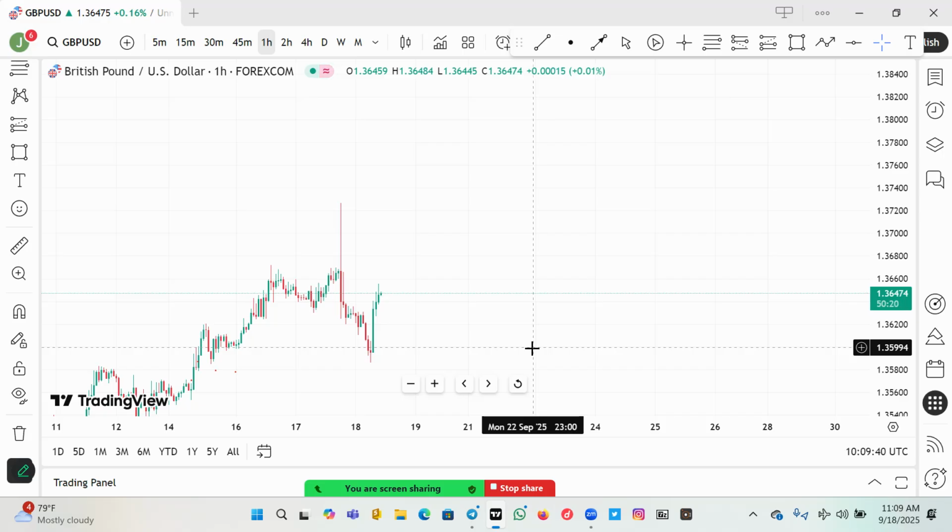Now, first thing first, in one of the classes I had with you guys, I told you that the market moves from a point of liquidity. That is, what moves the market is the ability for the market to get to a liquidity point, and it moves from there. And I told you that to know your point of liquidity, you have to first of all find your valid break of structure, right? Now, if you check the trend of this market currently,